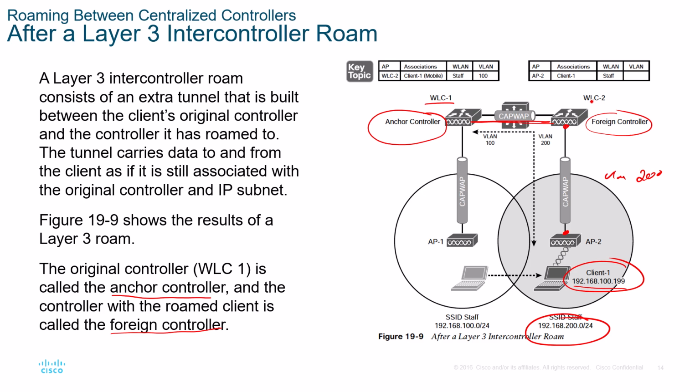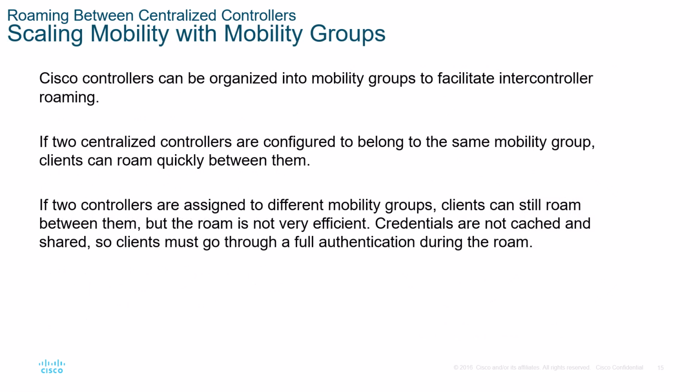They're tunneling between the WAP and the anchor or source controller, so they actually should not be able to be seen on the LAN. As we progress, controllers can be organized into mobility groups to facilitate this intercontroller roaming a little bit more